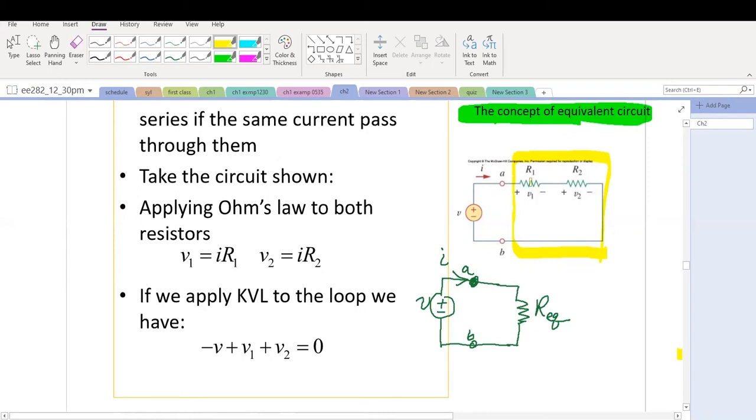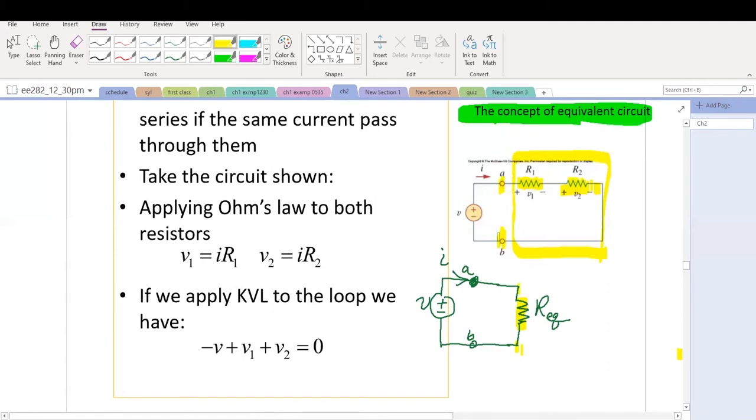At this portion, we can see all of these are resistors. Therefore, the equivalent of this portion must be a resistor, cannot be a capacitor, cannot be an inductor. Okay, that's point one. The second point is that we want equivalent circuits where we look at this terminal A